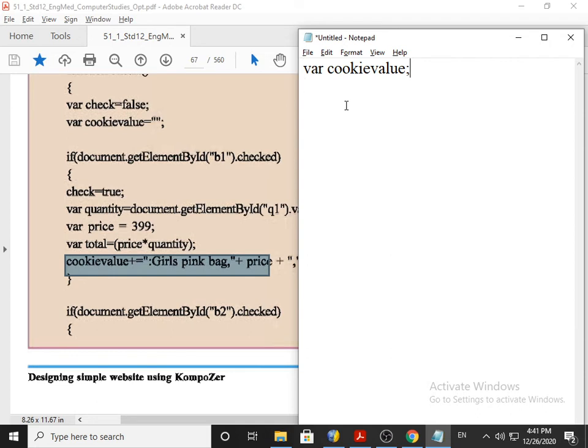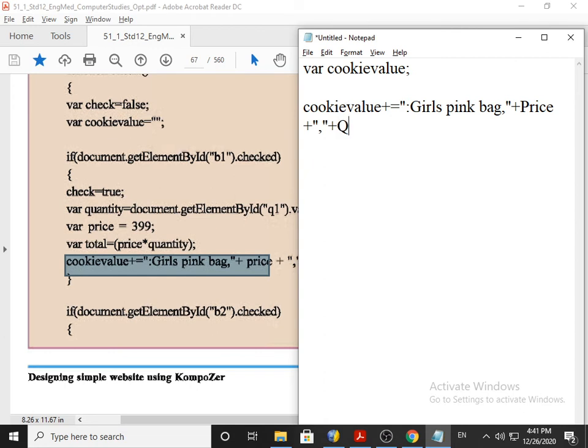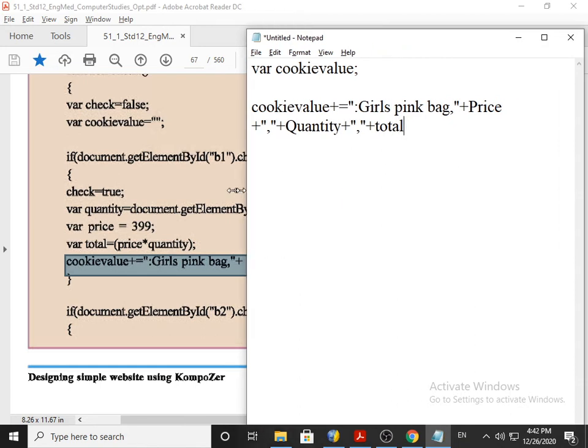The sentence is cookie value plus equal to, and then it mentions colon girls, pink bag, comma, plus price, plus comma, plus quantity, plus comma, plus total. Okay, this is what the sentence says.